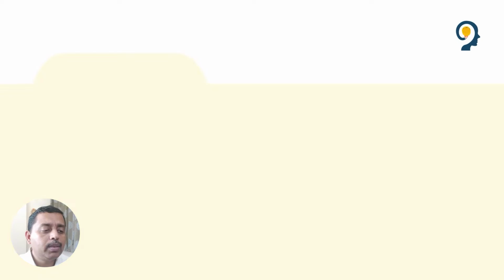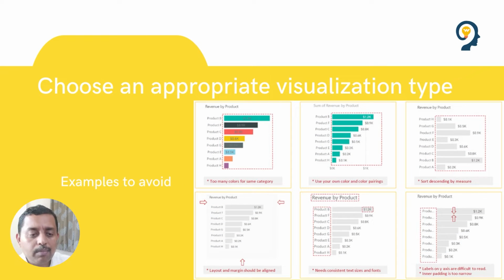Let's see some other examples as well. This looks like a good example, but there are some issues with these examples also. When you are putting up a chart, let's say a bar chart, usually you have a bigger text to define the series data. So you have, let's say, different types of products coming in different categories. Then they were talking about the colors. You should use your own colors, your own theme or something like this. We will see this during the same module, the concepts of themes and other things.